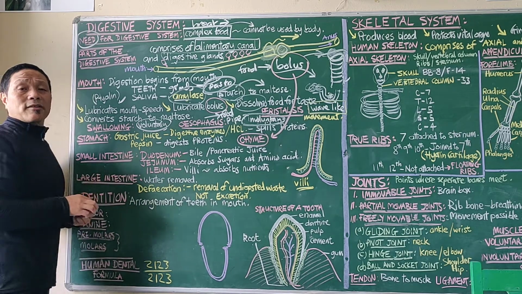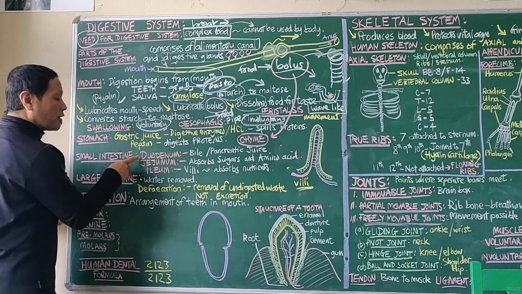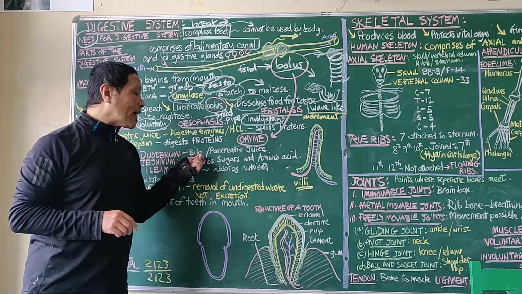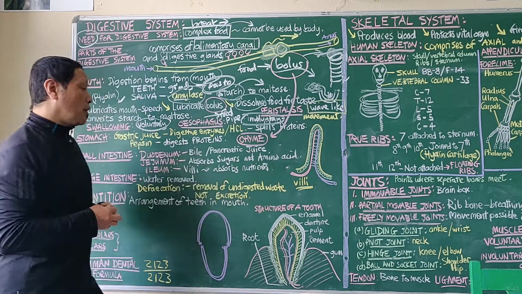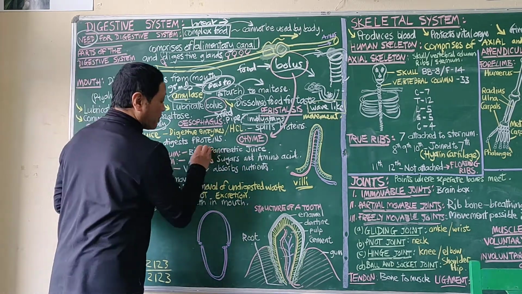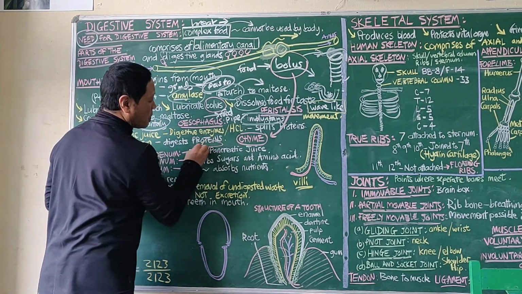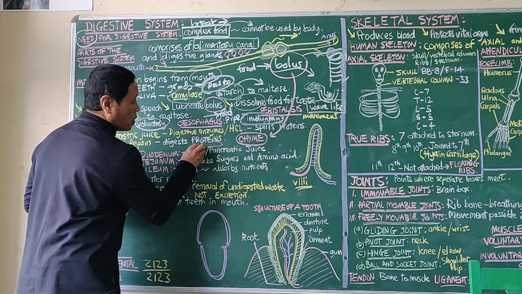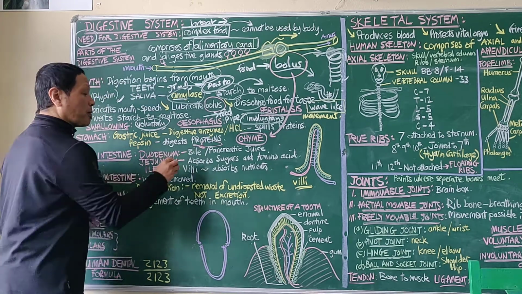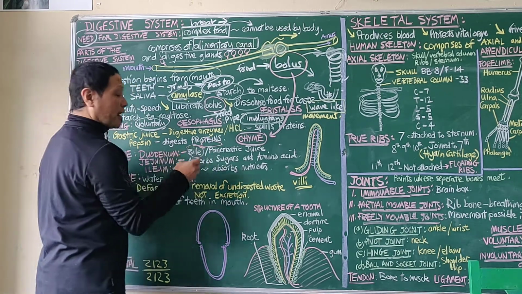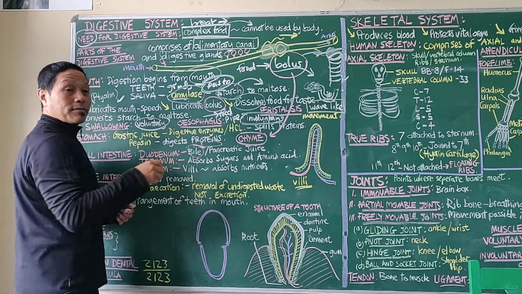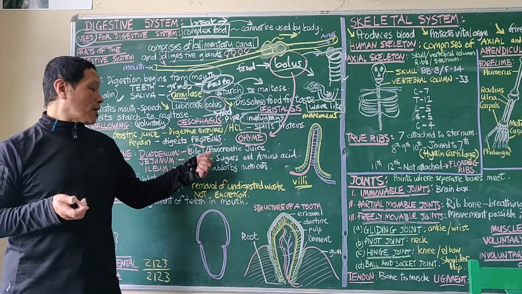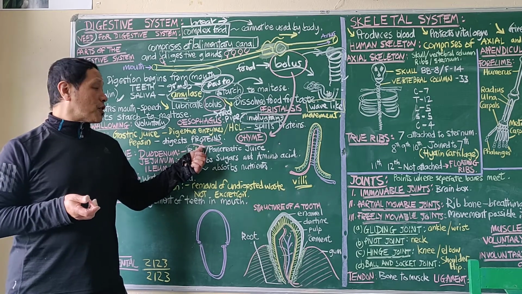The small intestine comprises three parts: duodenum, jejunum, and ileum. In the duodenum, we find bile and pancreatic juice. Bile comes from the gallbladder. This is the liver, and the small green-bluish structure actually produces bile. This bile is secreted in the duodenum. It helps break down fats, etc., and it's alkaline in nature.